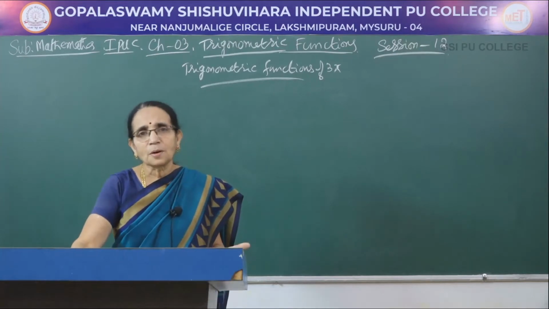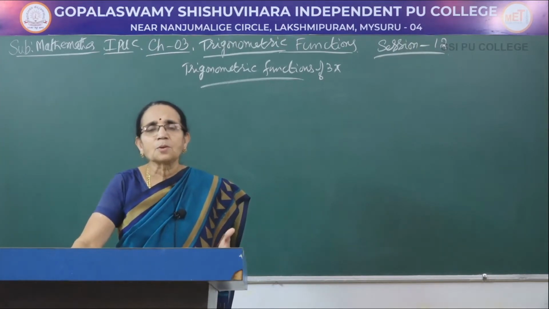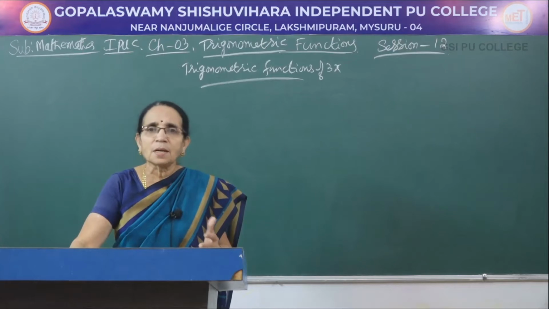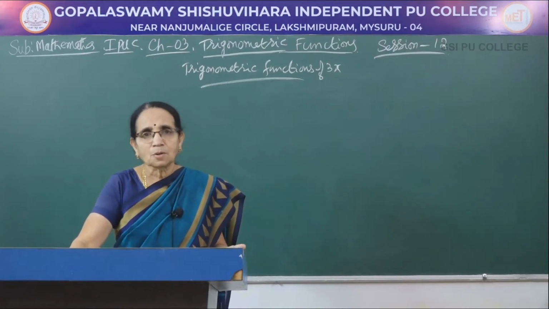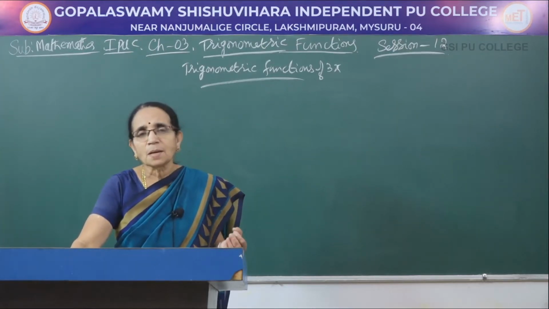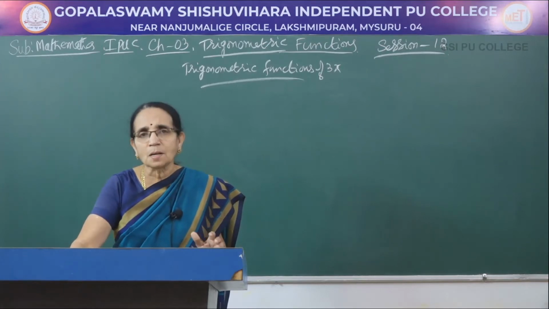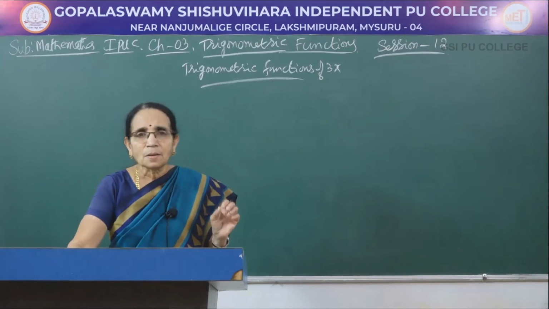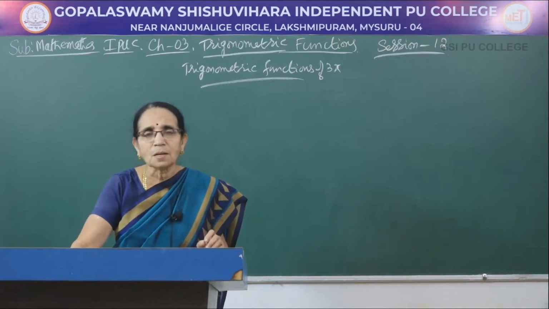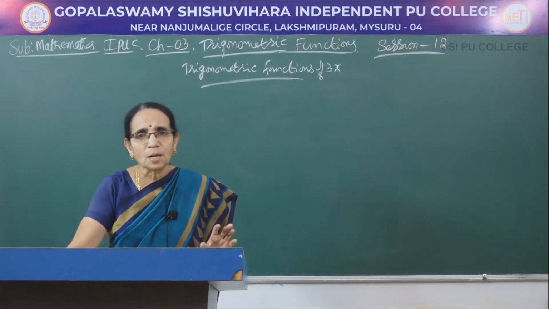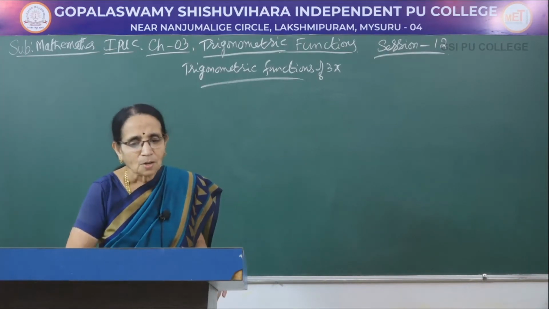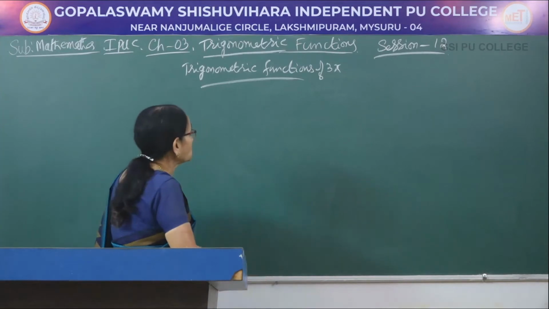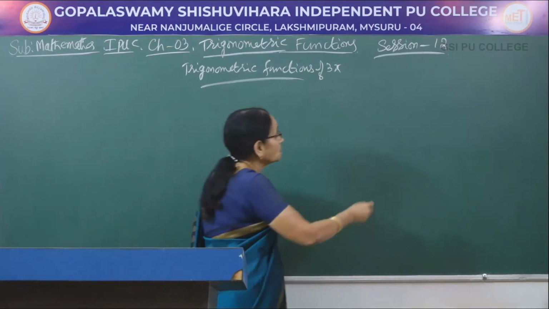In the case of 2x here, we had sin 2x as 2 sin x cos x. Both sin and cos were in the formula. Only in the case of tan 2x, it was purely in terms of the tan function. Whereas in the case of 3x, sin 3x will be only in terms of sin, cos 3x would be only in terms of cos, and tan 3x would be purely in terms of the tan function. So first, one by one, let us derive that. Let me derive that one.